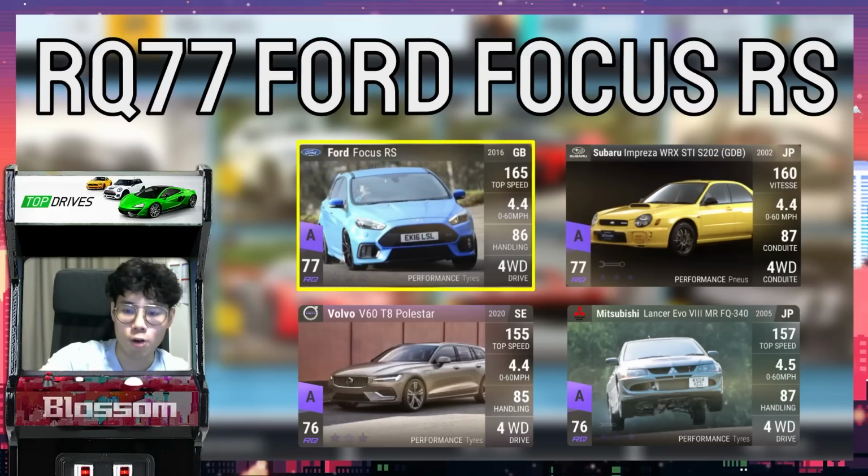Then we compare the Ford Focus to the Volvo V60, both 4.4 0 to 60, but the Focus, I can tell you right now, it handles better, and I'm 99% sure that the Ford Focus RS is lighter than the very, very heavy Volvo V60, and that's why it's higher in RQ. That makes sense. And then we have the Mitsubishi Lancer Evo 8 MR or Mr. FQ340, right? 4587 to the Ford Focus's 4486. I would say that 77 is a good place to put the Ford Focus right now,